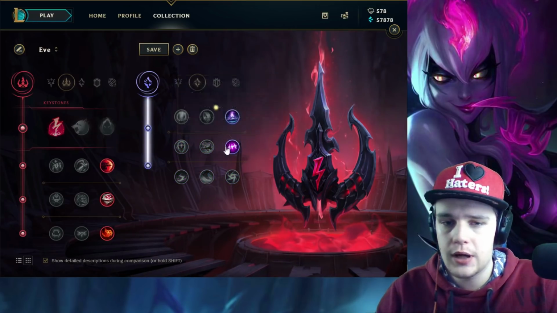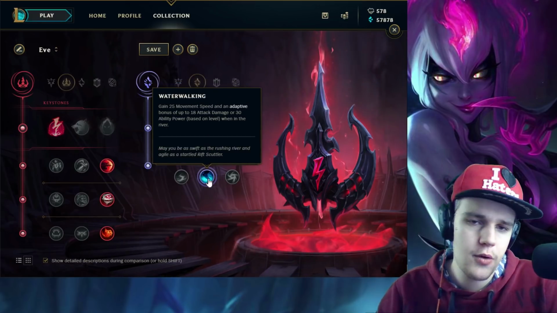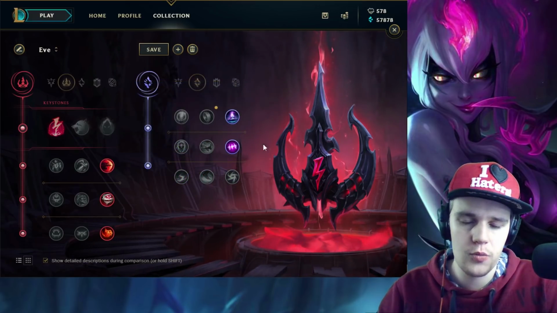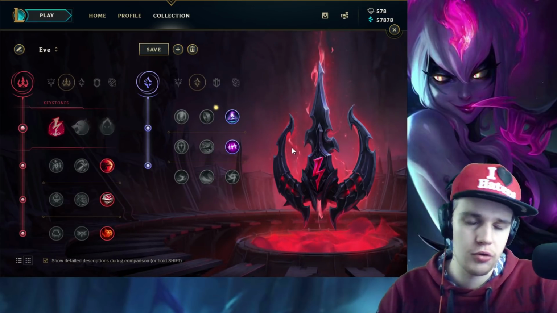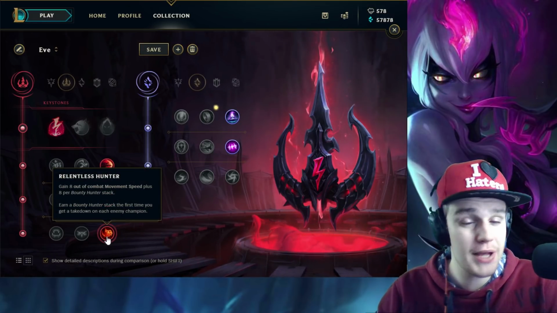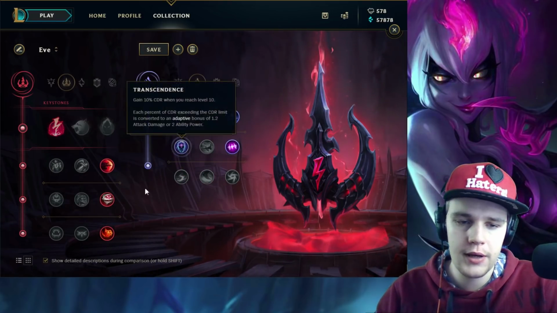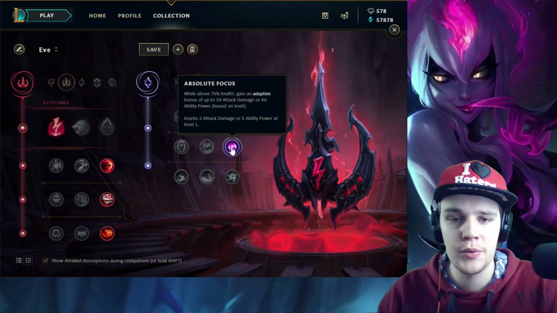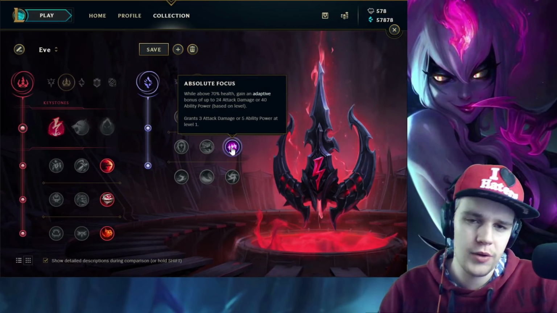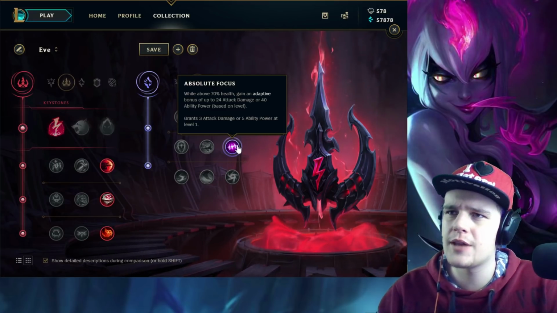And then I really like Absolute Focus. I can see why people would go Celerity or Waterwalking or something like that on EVELYNN as well, because it gives you extra roaming speed. But then the Relentless Hunter with potential Mobility Boots, if you're going for those, that combination could be very deadly by just being really fast. But what I find more effective is the Absolute Focus,